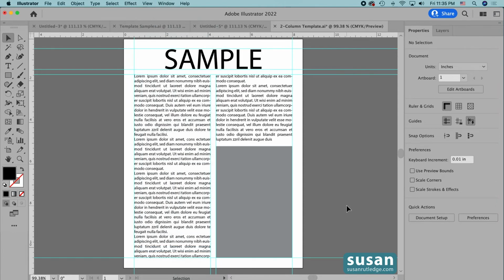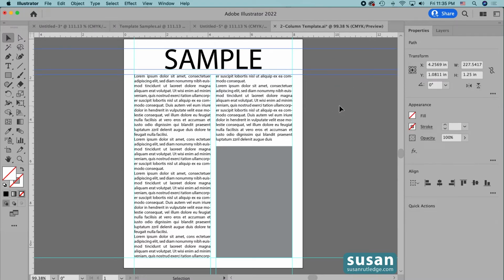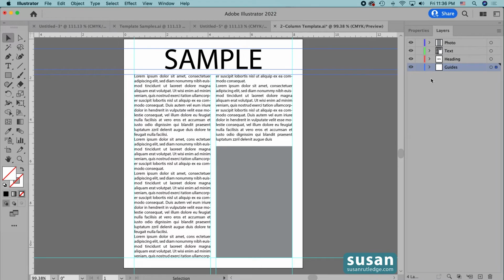But there are a couple of other ways that you can delete your guides. If you just have a few, then you can simply select them and press the delete key. But if they're intermingled with your artwork and you try to do that, you're likely to delete some of your artwork as well. Well, now let's go back to the Layers panel, and let me twirl this guide layer open,